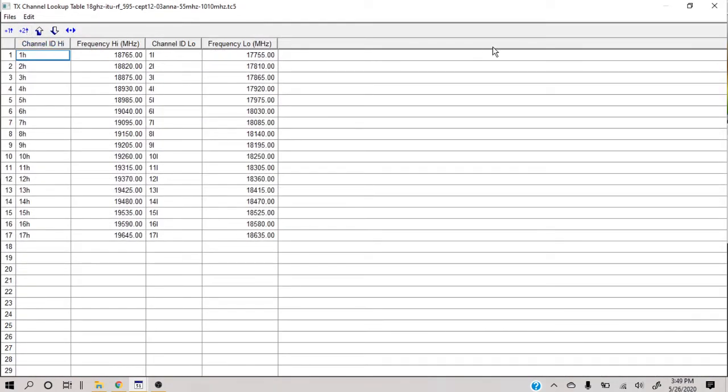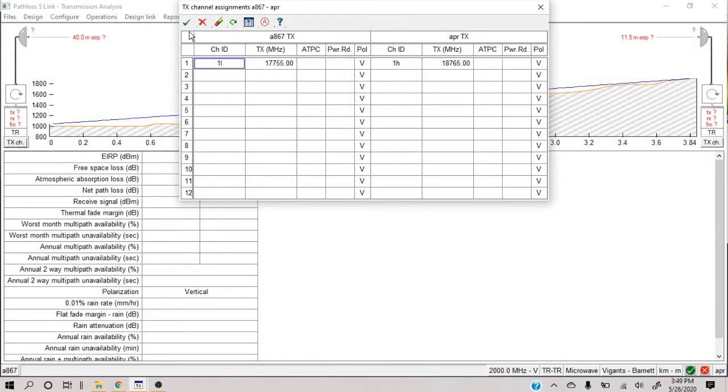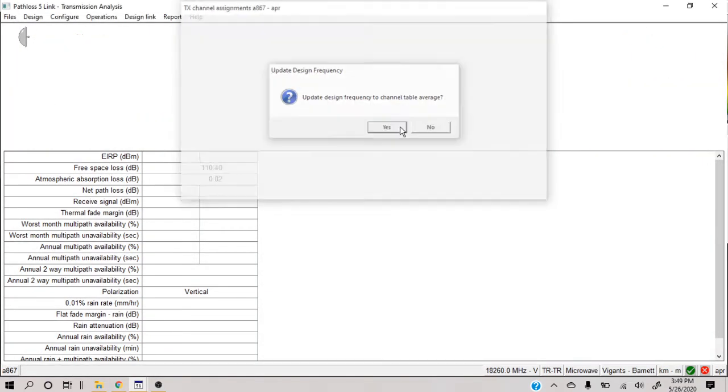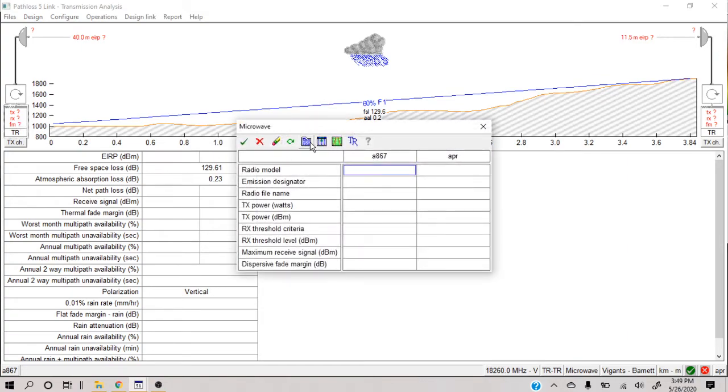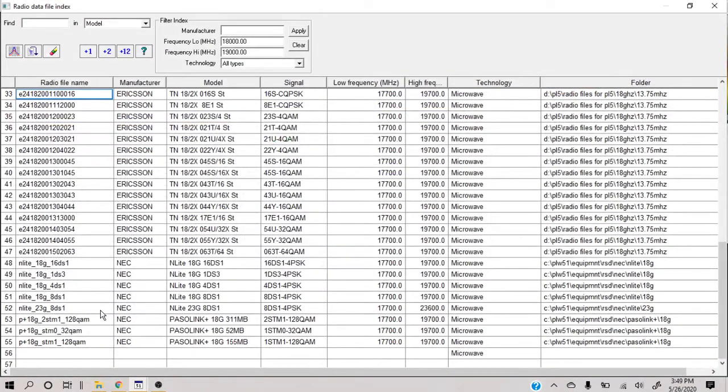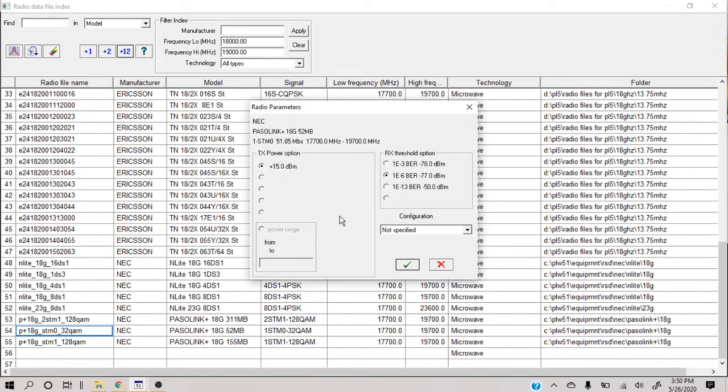I am just putting 18 gigahertz. It's not the exact requirement. You can choose any frequency based on the frequencies allocated to you, or based on the size of the link, and these kinds of small things I will not go into in a lot of detail. I'm using a normal radio of STM0, 52 megabit, which is quite enough.